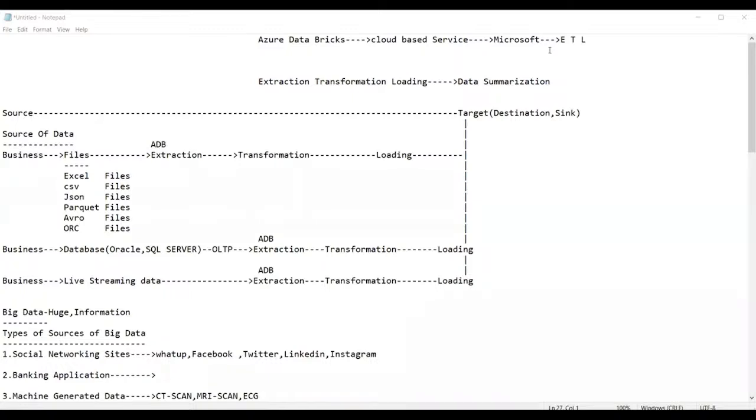What are the prerequisites to learn Azure Databricks?